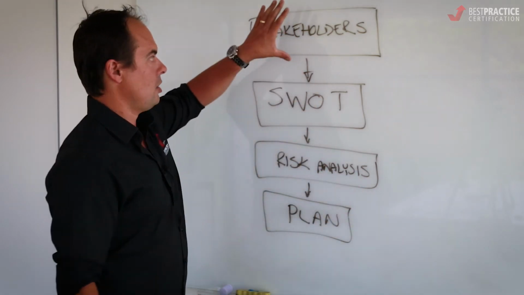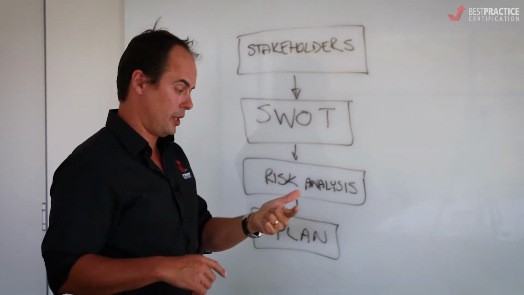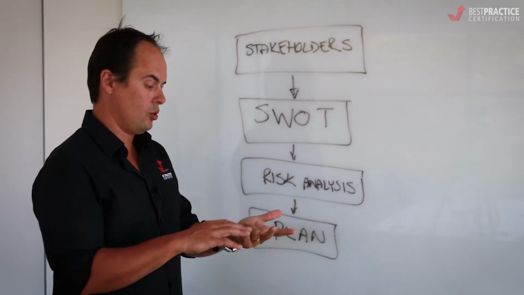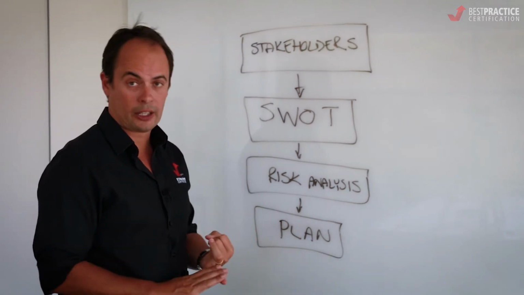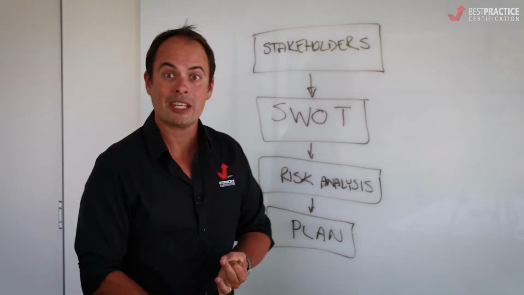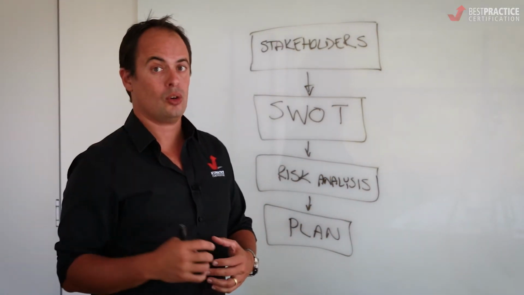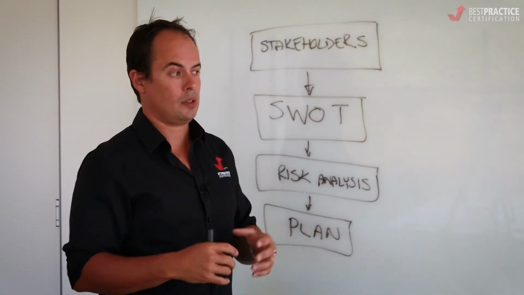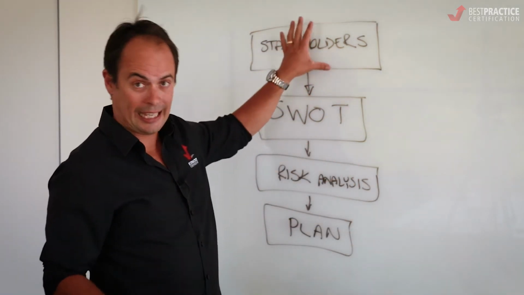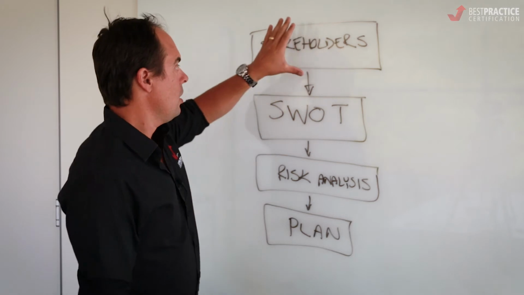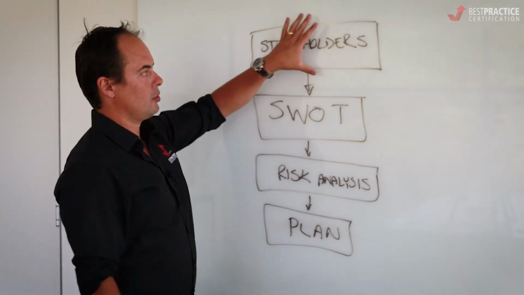Okay. So stakeholders, obviously critical part of any organisation. They could be staff, they could be shareholders, they could be suppliers, contractors, they could be manufacturers, it could be government agencies, they could be your building manager, your landlord, any of those sorts of things. You know, they could be the families of your staff. They're all stakeholders, and I'm going to get into detail in those in a minute. But as we do that analysis, and I'm going to do that here on the whiteboard, I'll get rid of this and we'll go through that process.